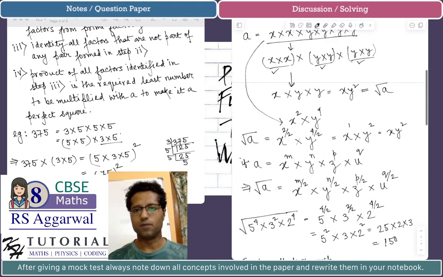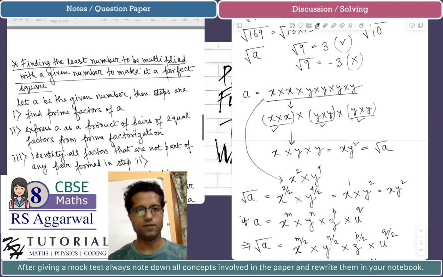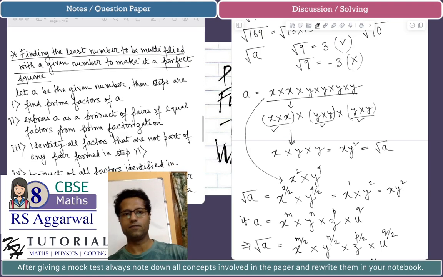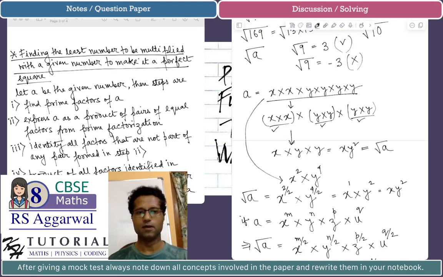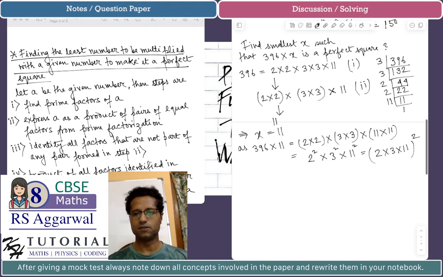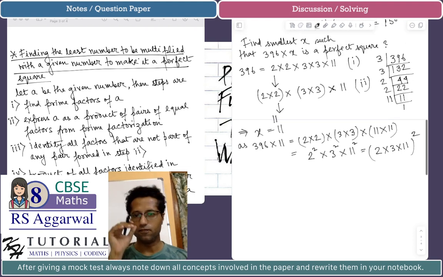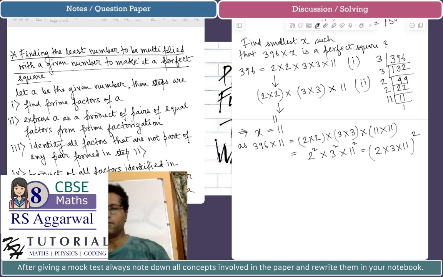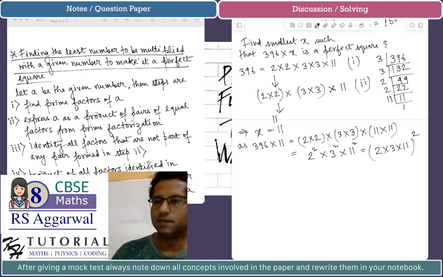Now in this problem, we are finding the least number to be multiplied with the given number to make it a perfect square. If the question was finding the least number to be divided into the given number to make it a perfect square, the steps would be exactly the same. As you can see in this number 396, if you multiply with 11, then it is becoming a perfect square. Also, if we eliminate 11,